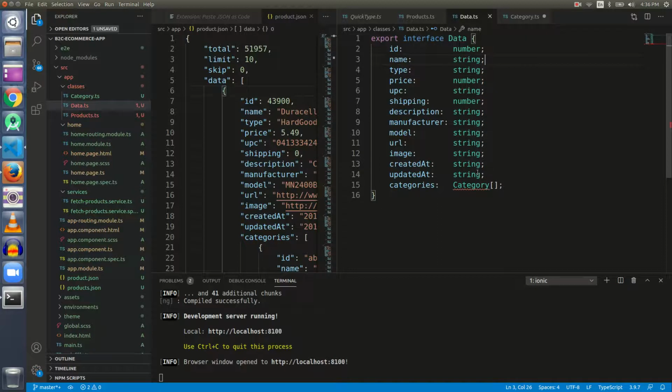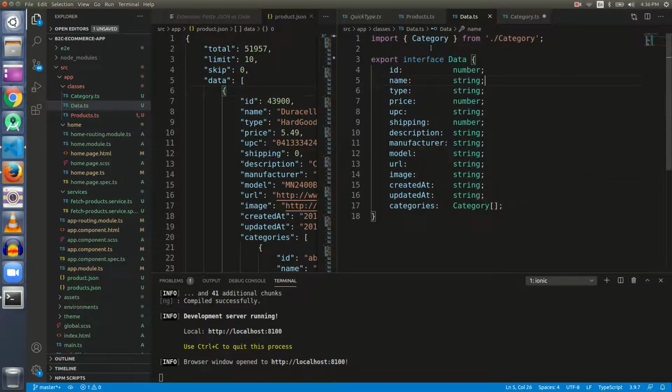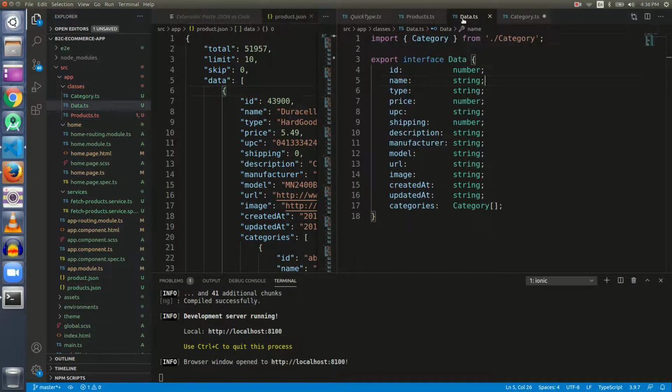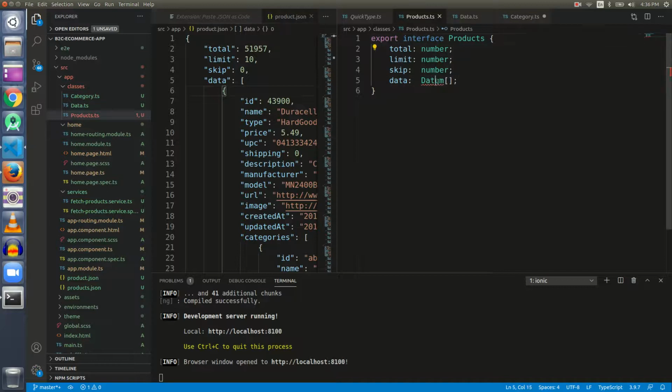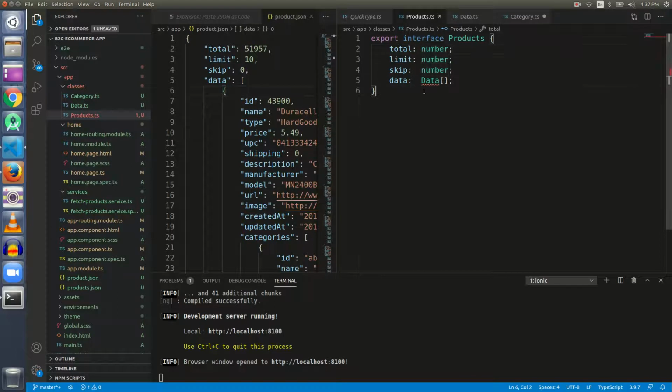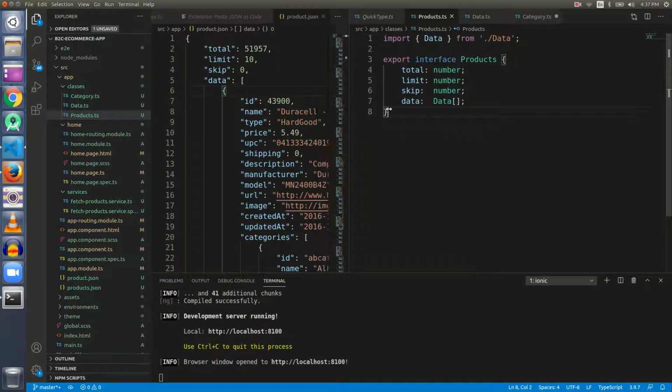Category, we need to import this category class, so go to quick fix and import category. That is done. And in product, it is not datum, it is data that we are using, so let me change it to data. Let me save it. Let me import the class with the help of quick fix. Do the right import or we will have to suffer the consequences. So I think guys, our objects are now ready.